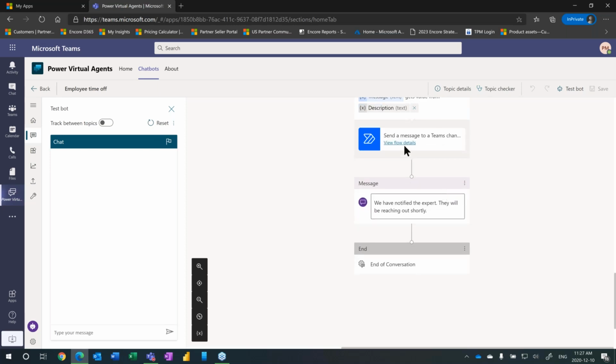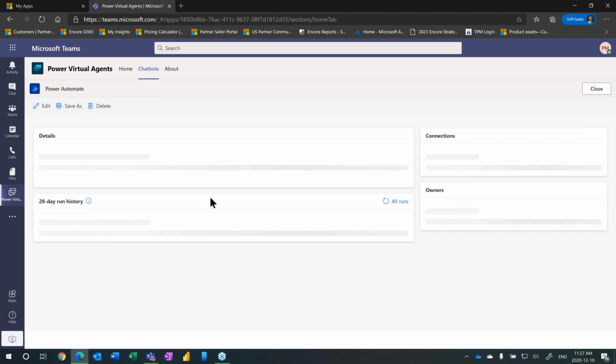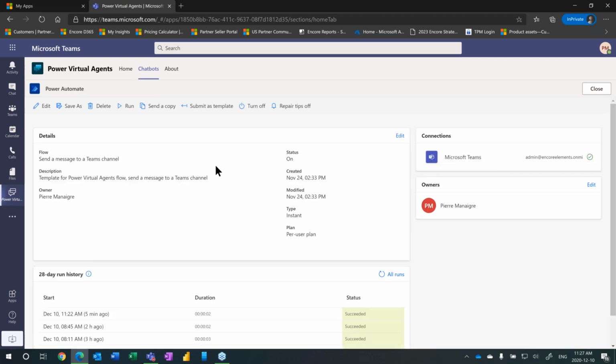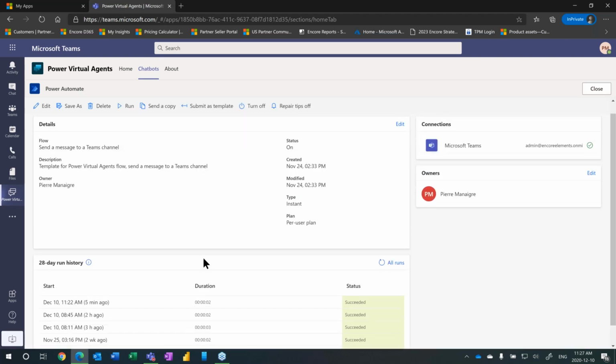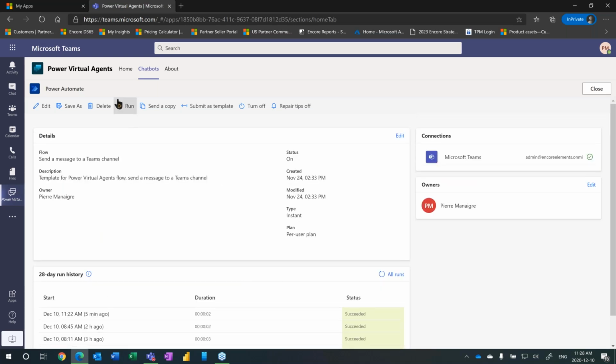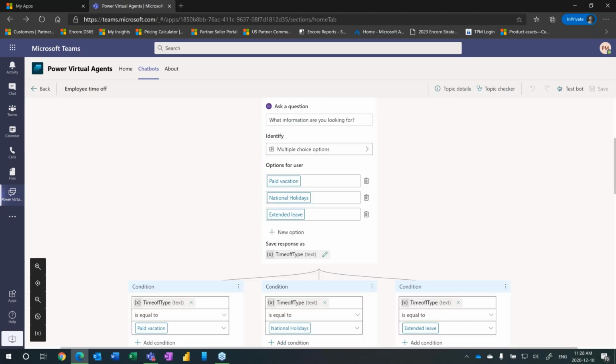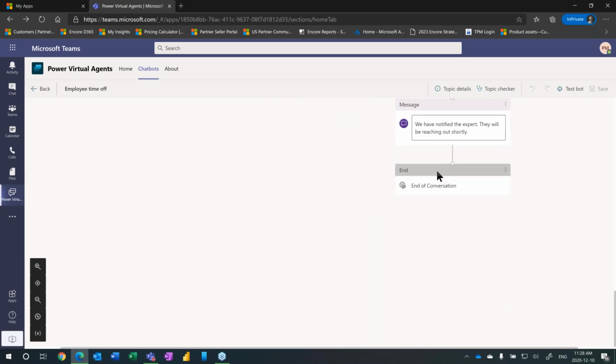And then here, if I click on View Details, it's going to open up the automation. And so as you can see, these are the different runs and successes from that. I'm just going to quickly click the back button. And then after the automation is done, we end it with that same conversation and survey right here.